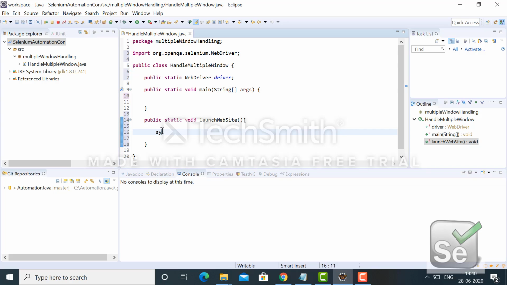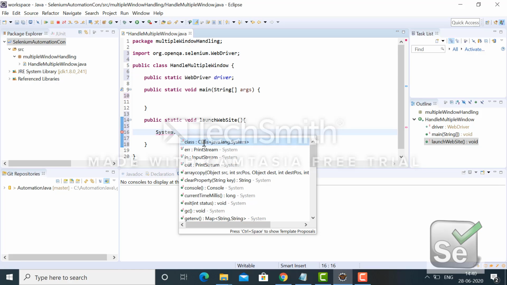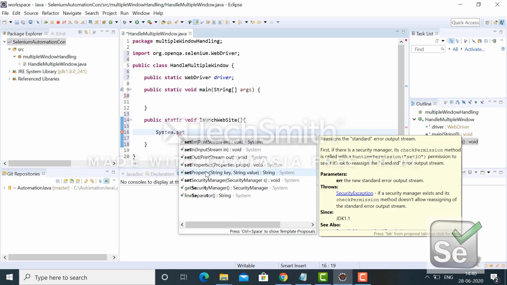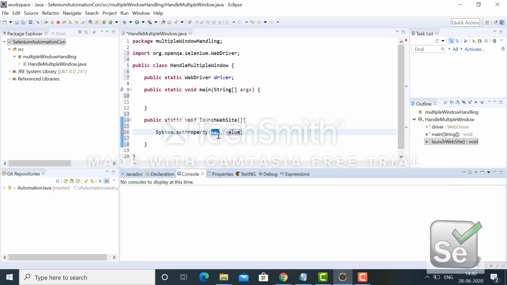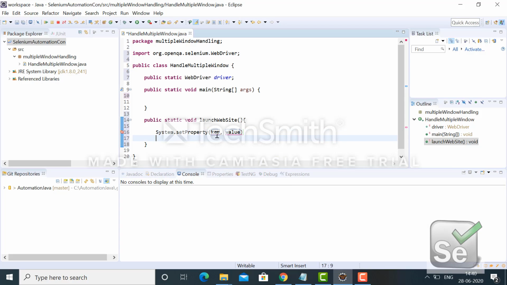My next step is System dot setProperty, which will take the driver and the path. Within the driver property I have to give webdriver.chrome. Here I will use Chrome; if you want to use IE, you can specify the IE driver. And I have to give the path name.